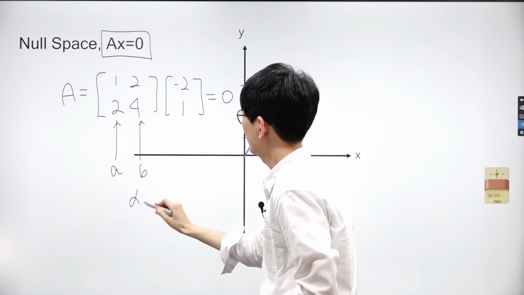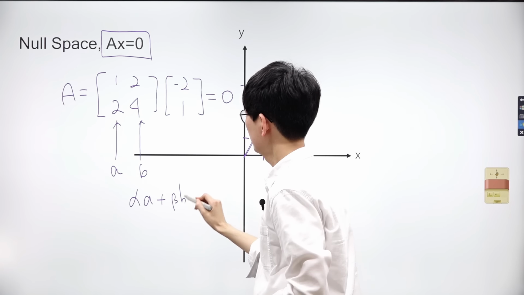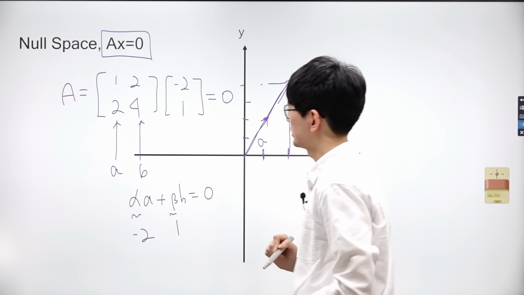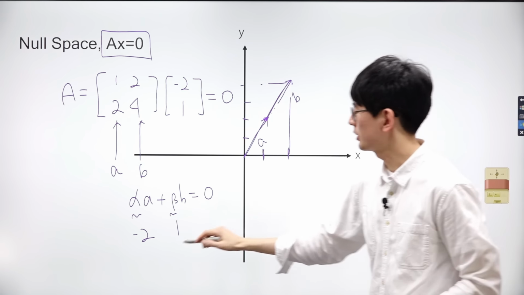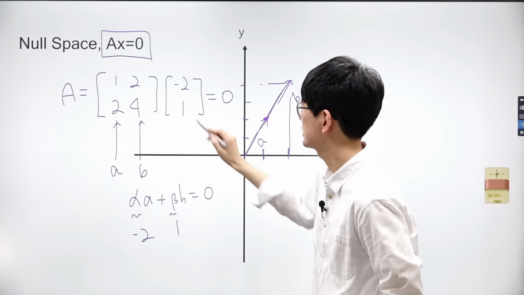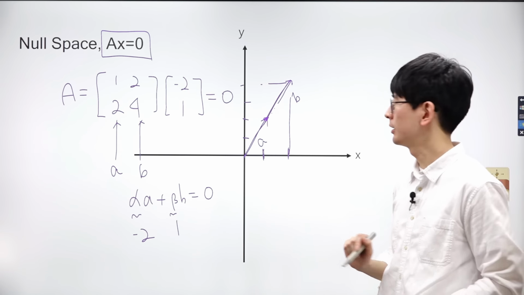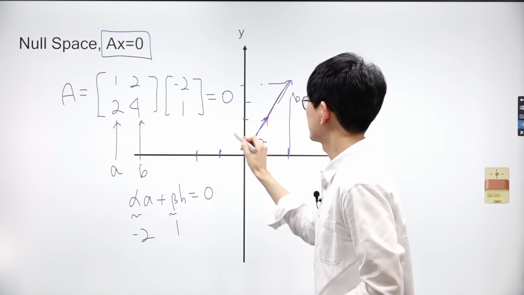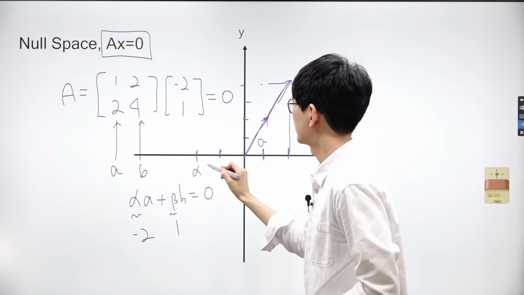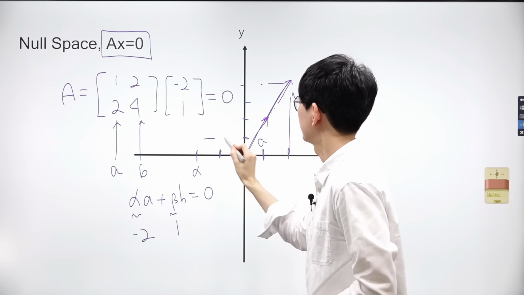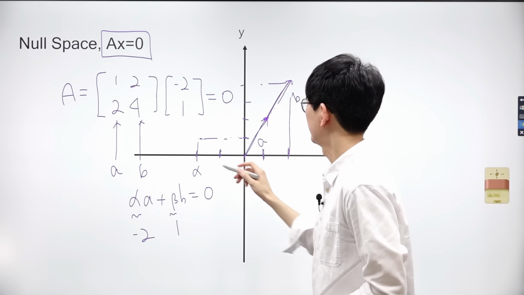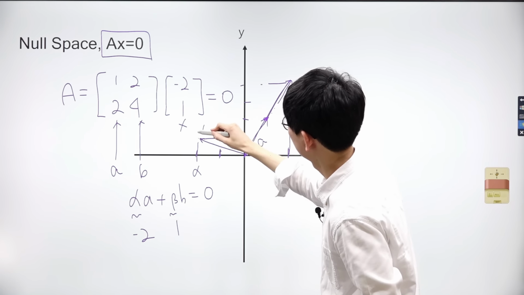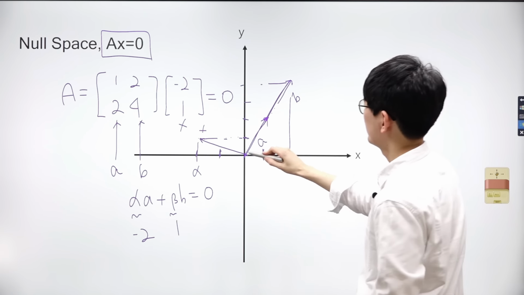Therefore, one method to obtain 0 from the two vectors is to scale vector A by 2 and then subtract vector B. Consequently, we can satisfy the equation by multiplying by the vector (-2, 1), making the right-hand side of the equation 0. In other words, when alpha times vector A plus beta times vector B equals 0, we can substitute -2 for alpha and 1 for beta. Let's plot the new vector (-2, 1) on the plane and denote it as x.